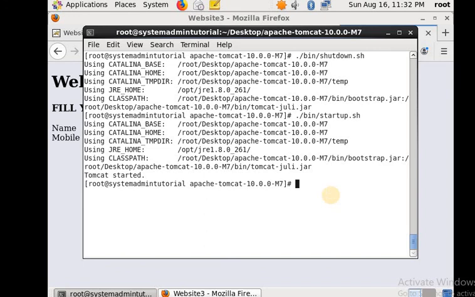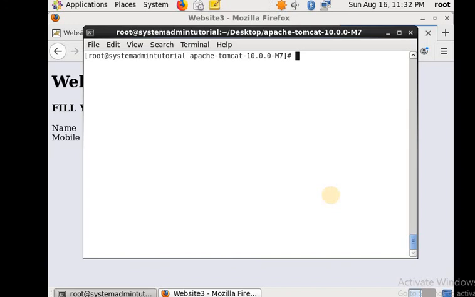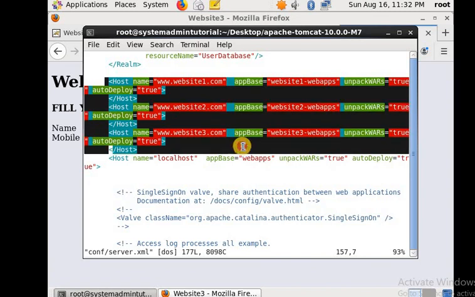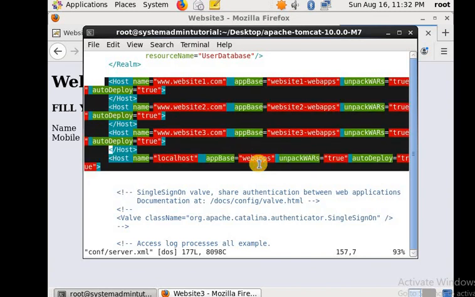Once again I will show you the configuration file, server.xml. You have to take care of this line. Previously the default line will be there for localhost, but for other websites, for each website we have to create a new Host line, and once the Host line is defined you have to end the Host line also.